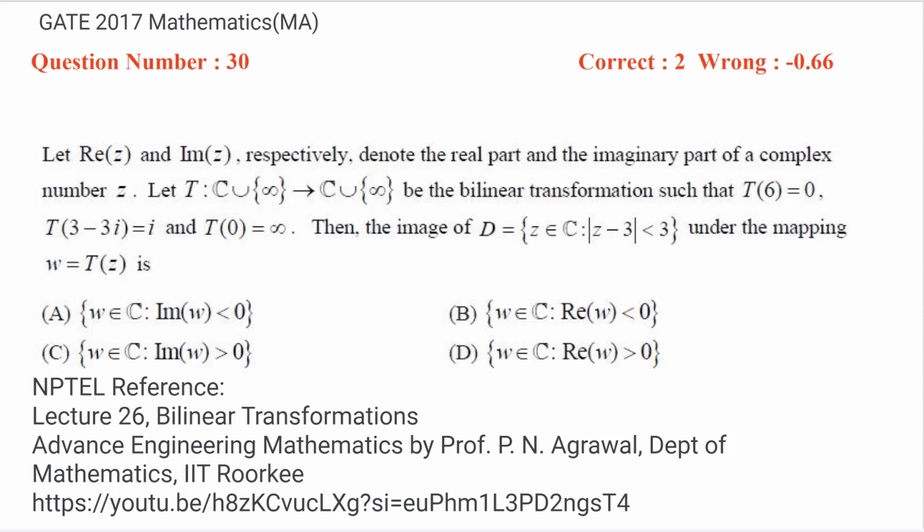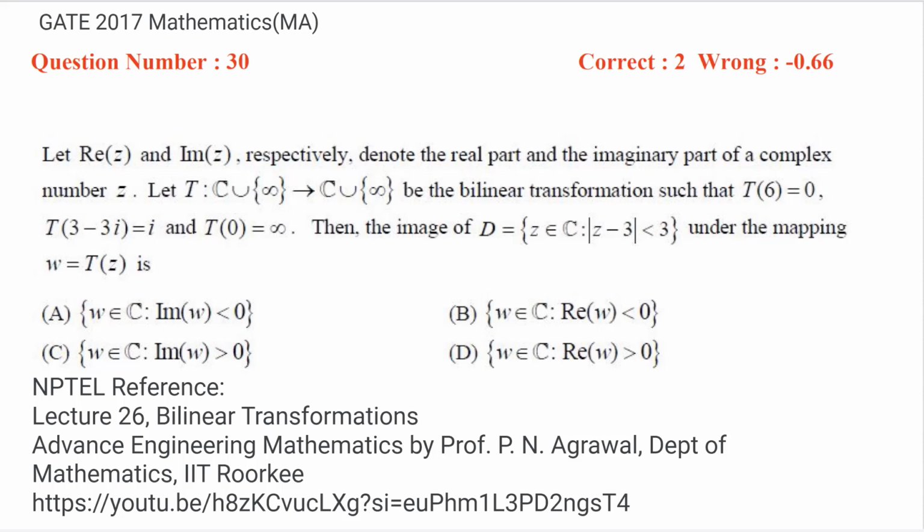Let T from C union singleton set infinity to the same set be the bilinear transformation such that T of 6 equal to 0, comma T of 3 minus 3i equal to i and T of 0 equal to infinity. Then the image of the set D, the set Z belongs to C such that modulus of Z minus 3 is less than 3,